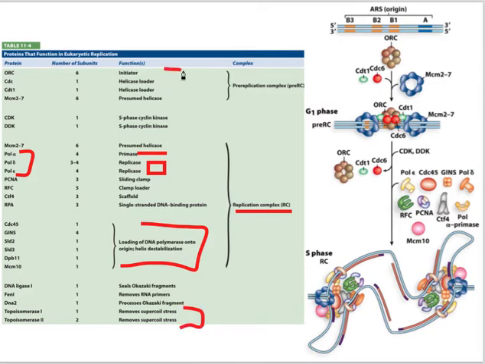And then here you'll see there are helicase loaders, there are certain things that do more pre-replication stuff. A lot of the times there are a lot more steps to loading up a helicase and opening origins and stuff. This ORC is a really good example of something that has to initiate